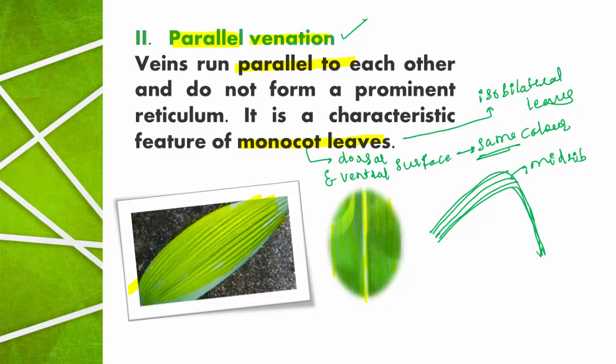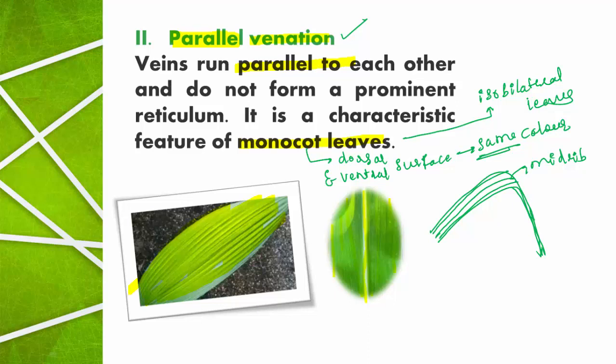All the monocot leaves show parallel venation and dicot leaves show reticulate venation. So this is about the definition of venation and the types of venation. If you remember, this particular part of the bridge course carries 3 marks in the first PU examination. Yesterday I told in the video that it is part of the morphology of flowering plants. There you are going to study phyllotaxy, which I explained in the previous video, and venation. Both of them are 3 mark questions.